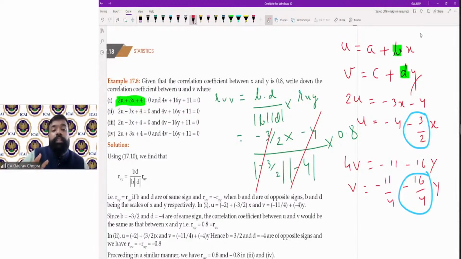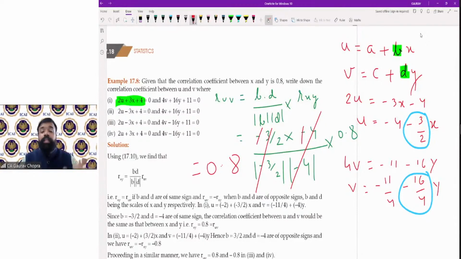सिर्फ और सिर्फ क्या बचेंगे, साइन बचेंगे इन दोनों के, माइनस एंड माइनस will become plus. So final value of correlation will be 0.8. तो final value correlation की आ गई है 0.8. So this is one method of solving this. इस पूरे फॉर्मूले से आप अप्लाई कर सकते हैं, सॉल्व कर सकते हैं।